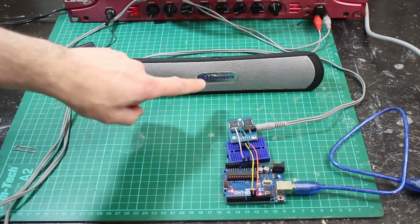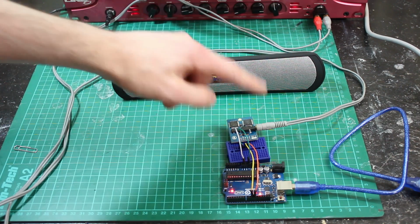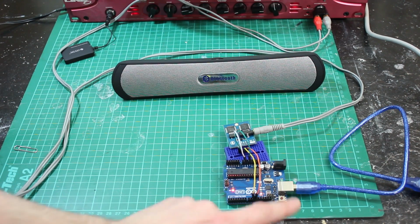Right, my Bluetooth speaker arrived, so now I've got my little device here plugged in the output of the audio processor. This thing's plugged in again, and if I reset the Arduino...